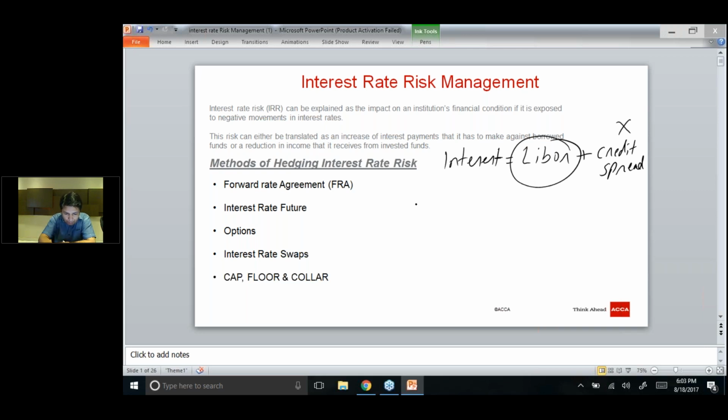Okay. For a borrower, generally the interest rate risk is an increase in interest rate. For a lender, generally the risk is a decrease in interest rate. But if you have already borrowed something, if you are an existing borrower,